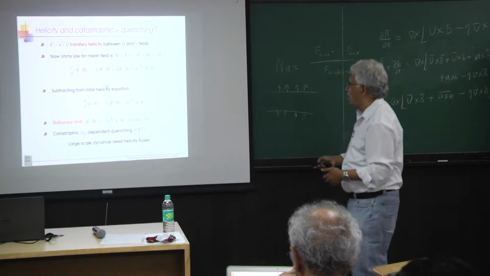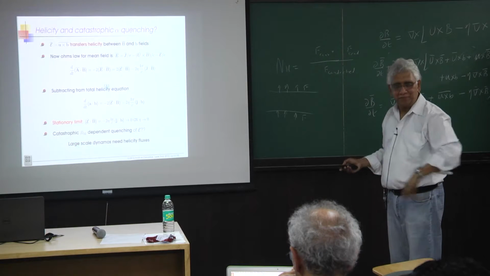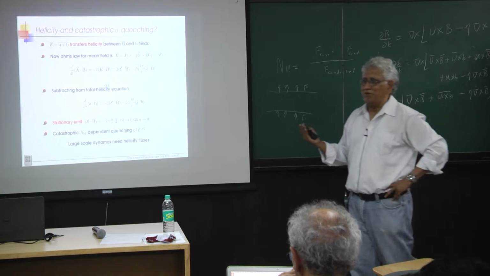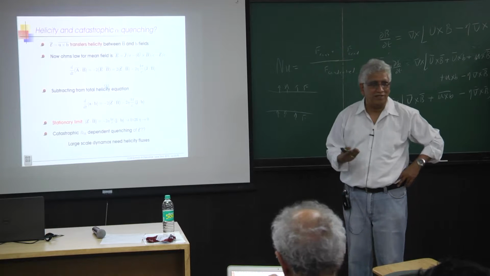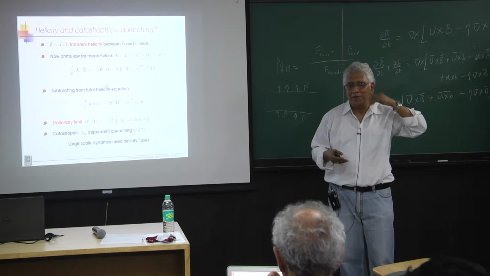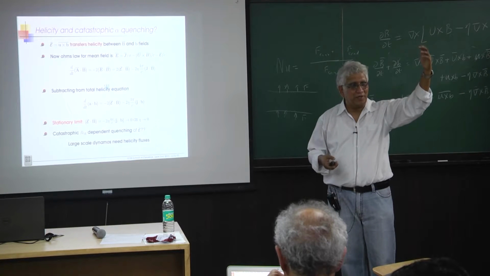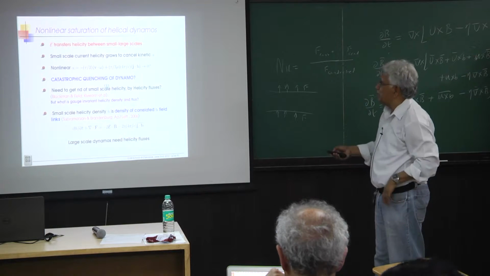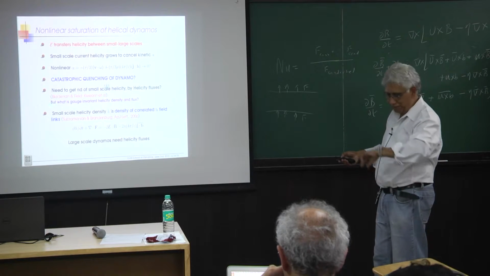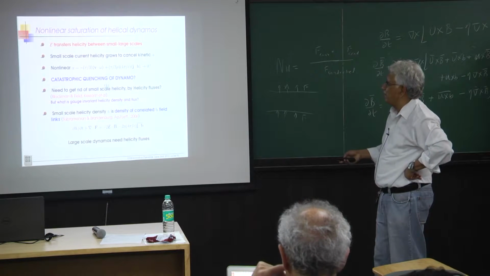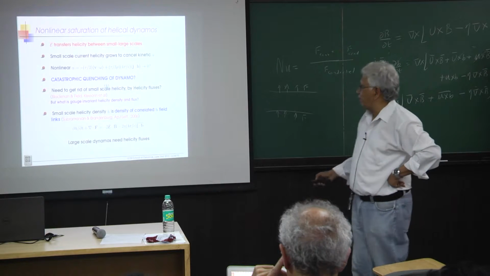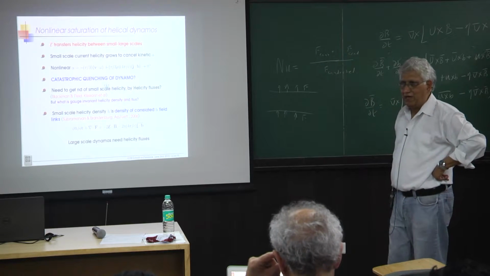So you need what are called helicity fluxes. Now, flux of helicity is a strange quantity, because helicity itself is a topological quantity to do with links and all. What do you mean by a flux of that quantity? Okay. So that also takes time to develop. Basically I will not get into it too much. I'll just say I'll be running out of time. Okay. So the one kind of definition that we came up with for the small scale helicity density and its flux,